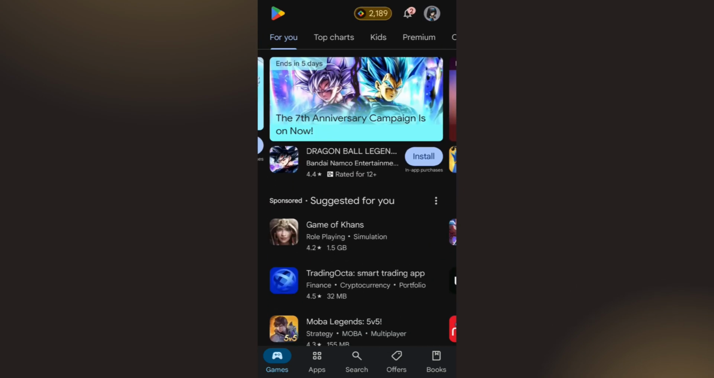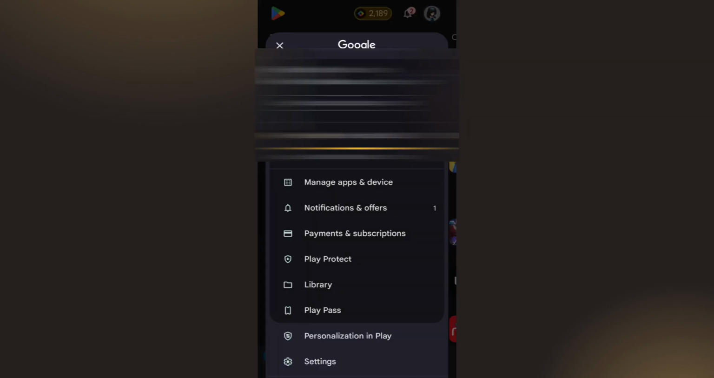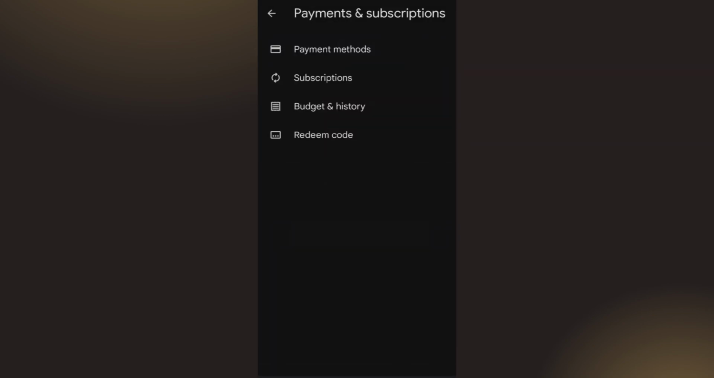in the top right hand corner of the screen, tap on your profile icon. After that, select the option of payments and subscriptions. In your payments and subscriptions, tap on the option of subscriptions. Over here on this page, you will see the list of all of the subscriptions that you have in your account. So you need to select that particular subscription which you want to cancel, that is Suno AI in our